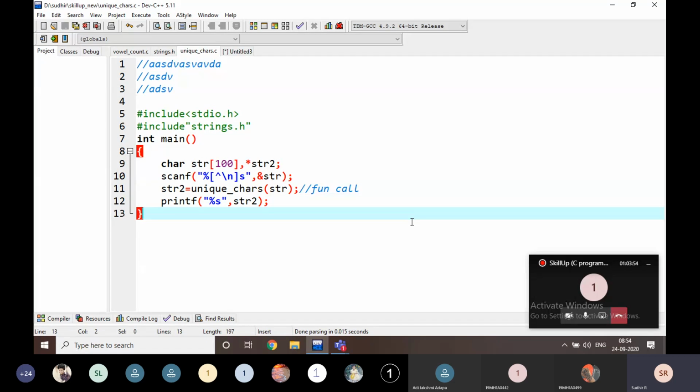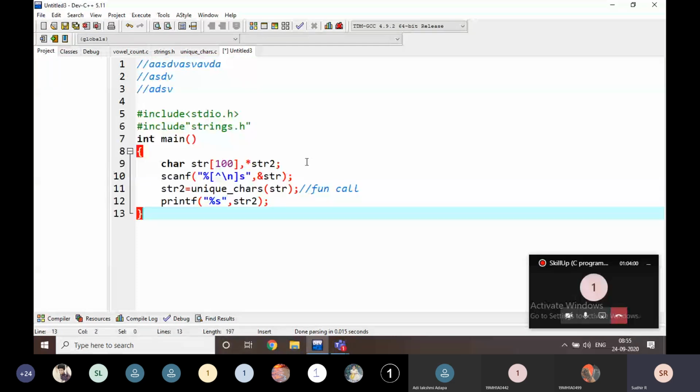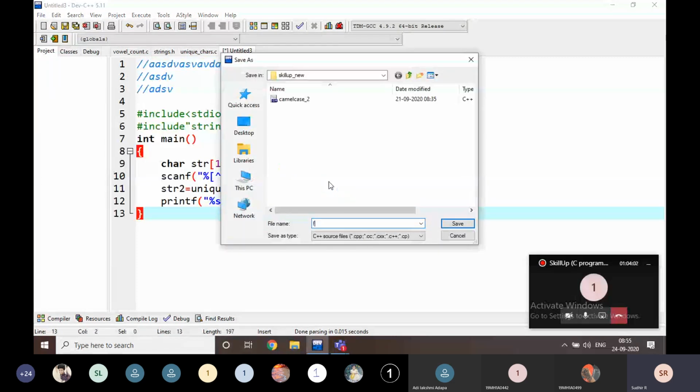Okay, and I'm going to write similar code. What is that? First unique character. I will explain.